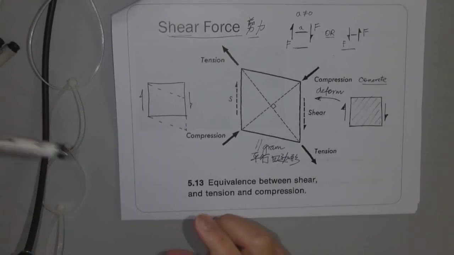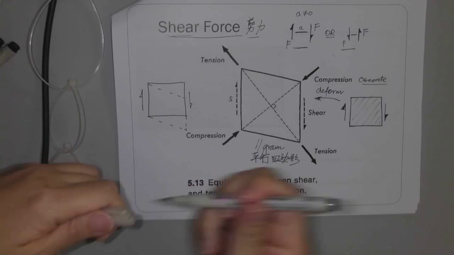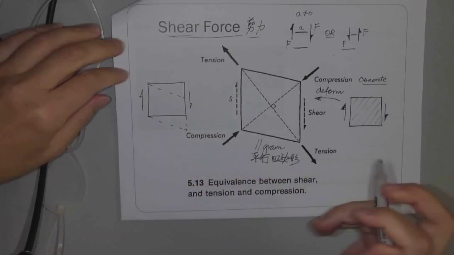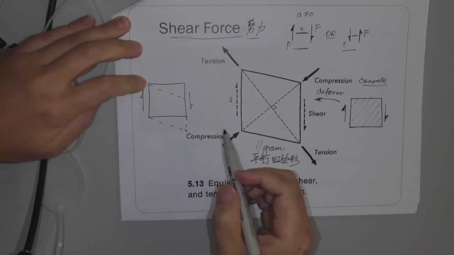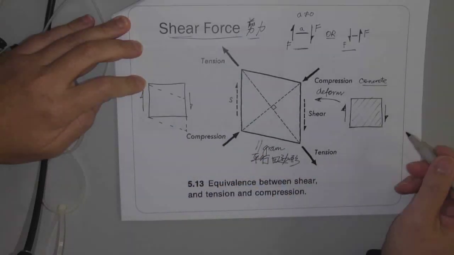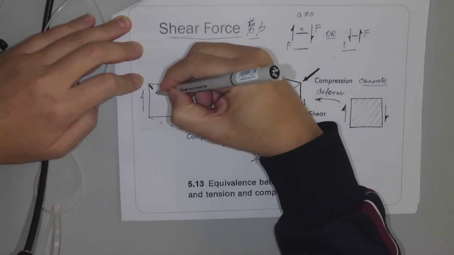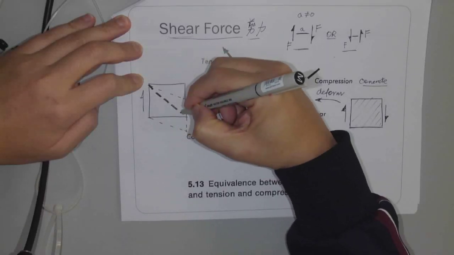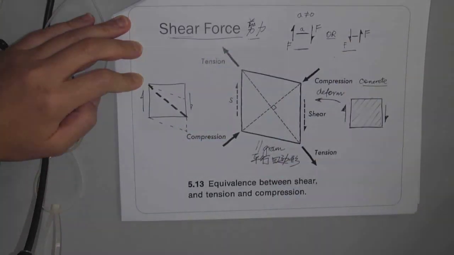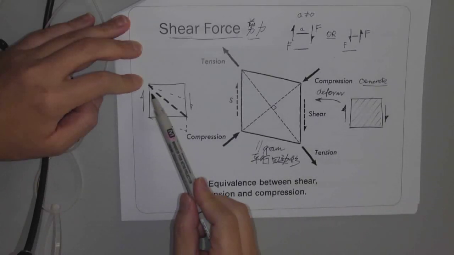So what I want to do is, I want to look at the diagonal, 對角線. If you look at the diagonal here, that's the original diagonal of the